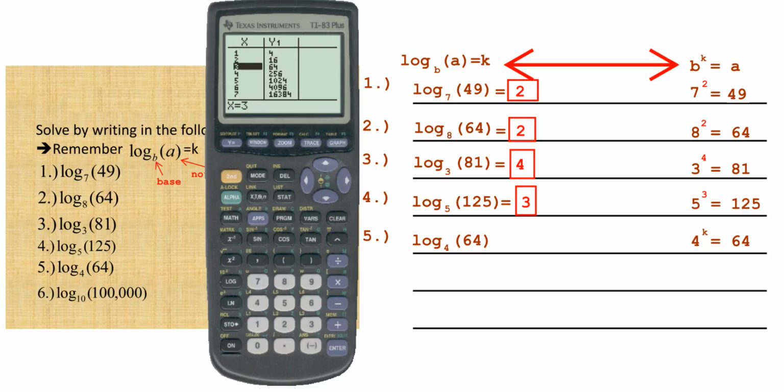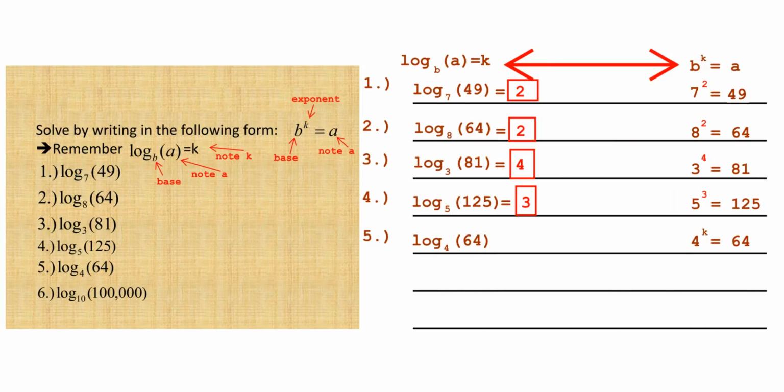So if we multiply the 4 3 times, so 4 times 4 times 4 will give us 64. So once again, our answer is 3. So log base 4 of 64 is 3. We multiply the base, in other words the 4, 3 times. Okay, and last but not